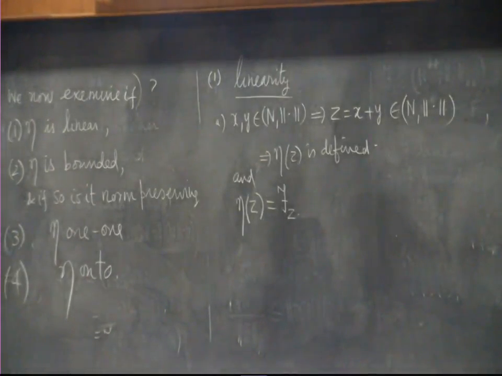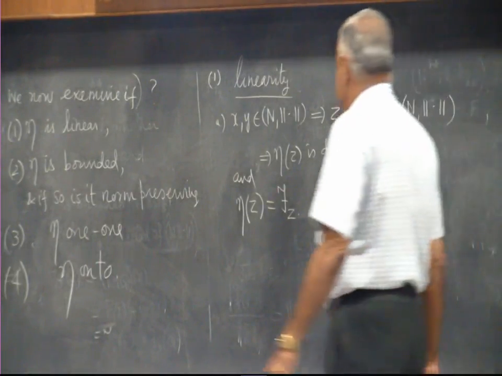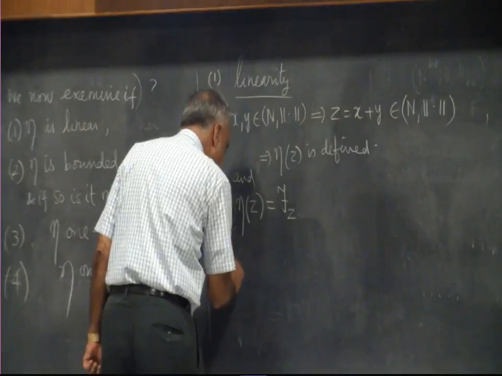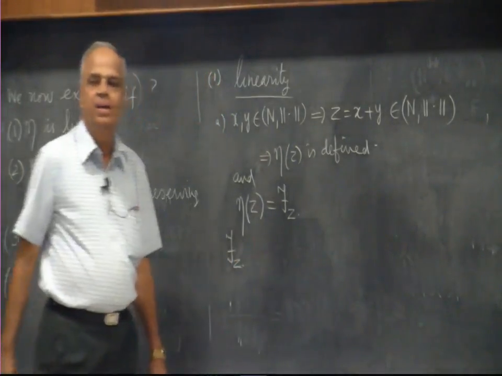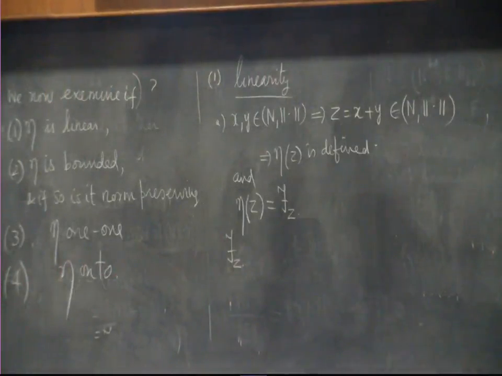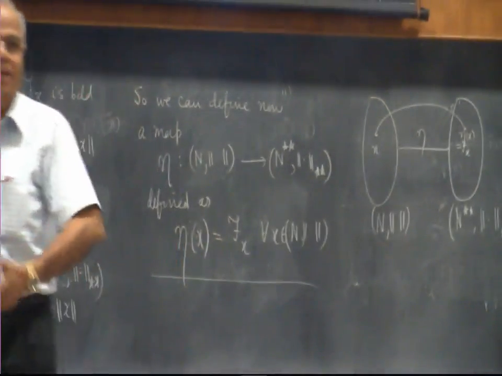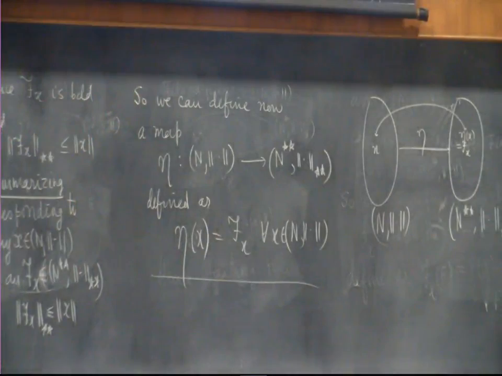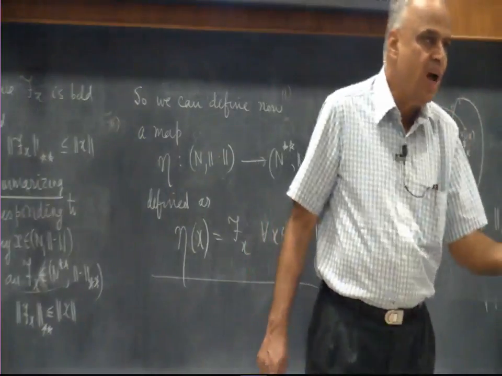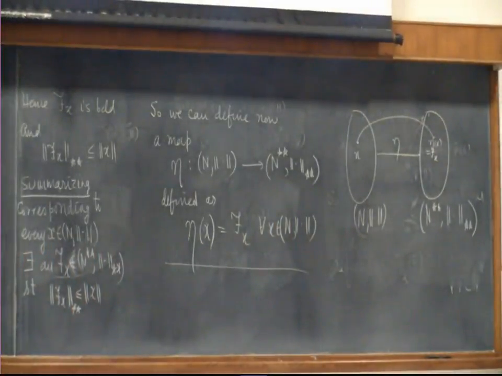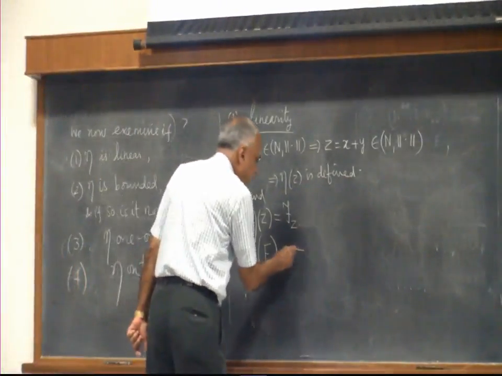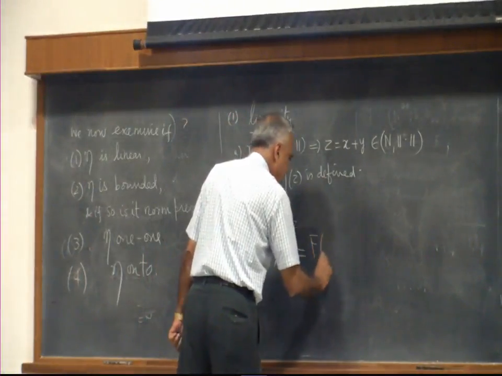Eta z, by definition it is f of z. But how is f of z defined? Where is f of z? It will be in here, because eta takes everybody from here to there. That is the shadow. So any shadow lives in n double star. The moment it is in n double star, it is going to act on an n star element. So I have to look at fz of f. But how was this defined? It is f of z.